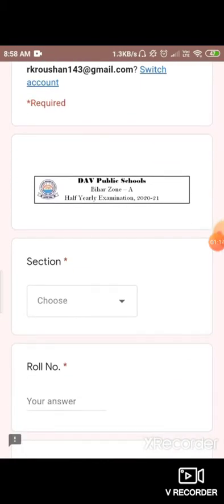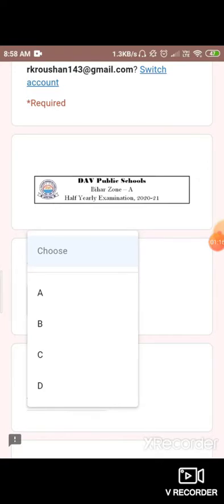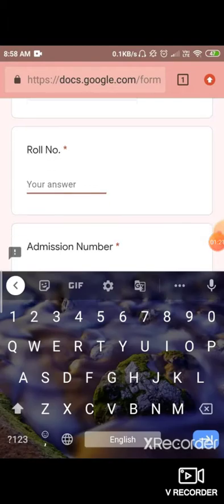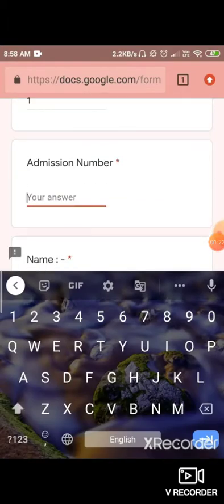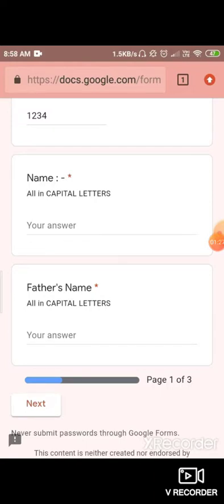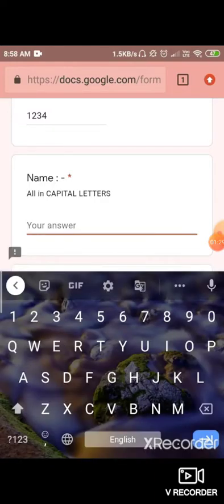Okay, I can see here a demo question. First, you have to choose the section. After this you have to mention roll number, then admission number, then your name, which will be in capital letters. For capital letters you will click on this arrow, double click.